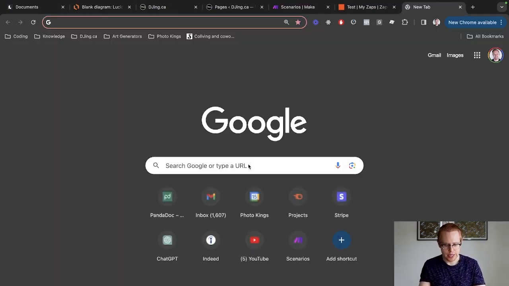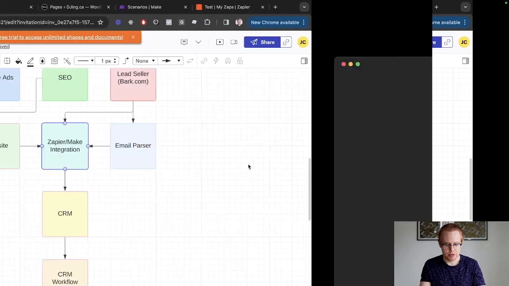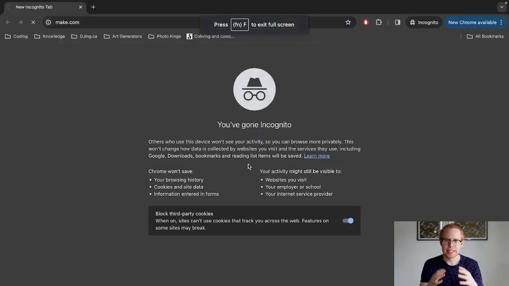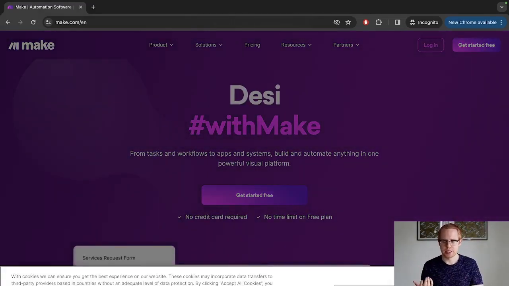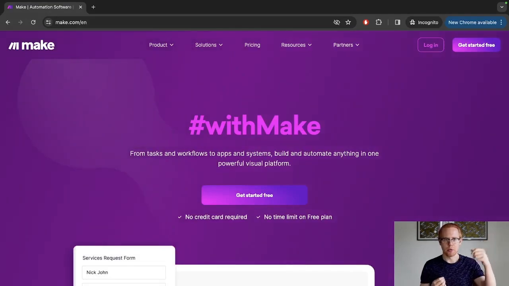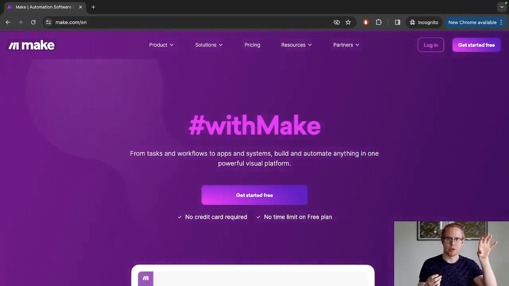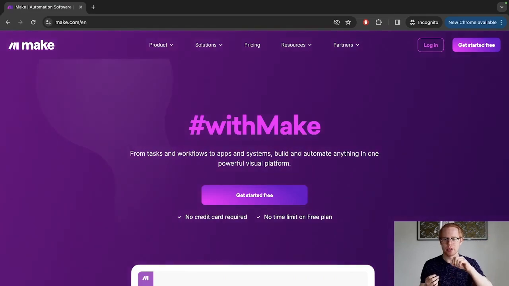Now, Zapier and Make.com, for those of you who don't know it, it's a software. I'll show you the landing page here. It's essentially a software where it's like the glue of the internet. You can connect different applications together. So in this instance, maybe you have a lead coming in from your website. You pass that information from your lead form into Make.com. It sends it to